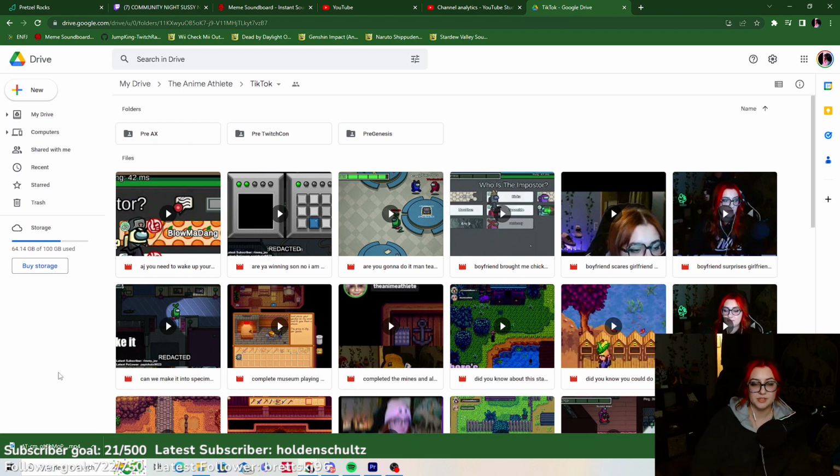The other advantage of having this on my Google Drive and my 5 terabyte hard drive is I have it now double saved in two places. I pay for extra Google storage. In my opinion, it's worth it. It's, I don't know, $20 for a whole year or something. It's not that expensive. Again, another business expense. If you're a small creator and you make money from the things that you do, that is a business expense. You can write it off on your taxes.